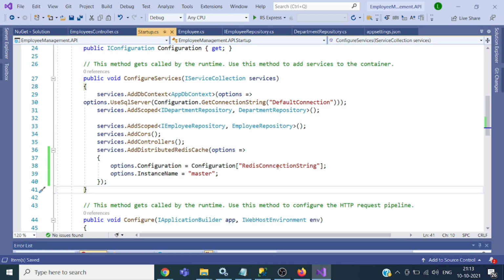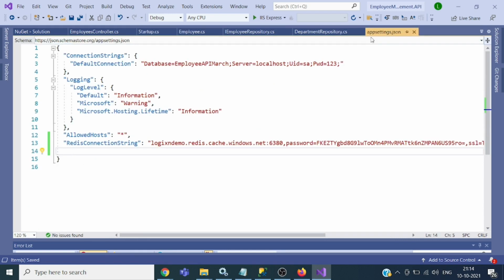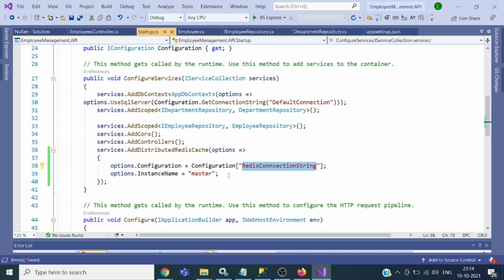We need to give this name as it is. Copy this one. So we are reading that connection string using this configuration object. Using this code, we have now added a connection to the Redis cache, and now we can use this Redis cache